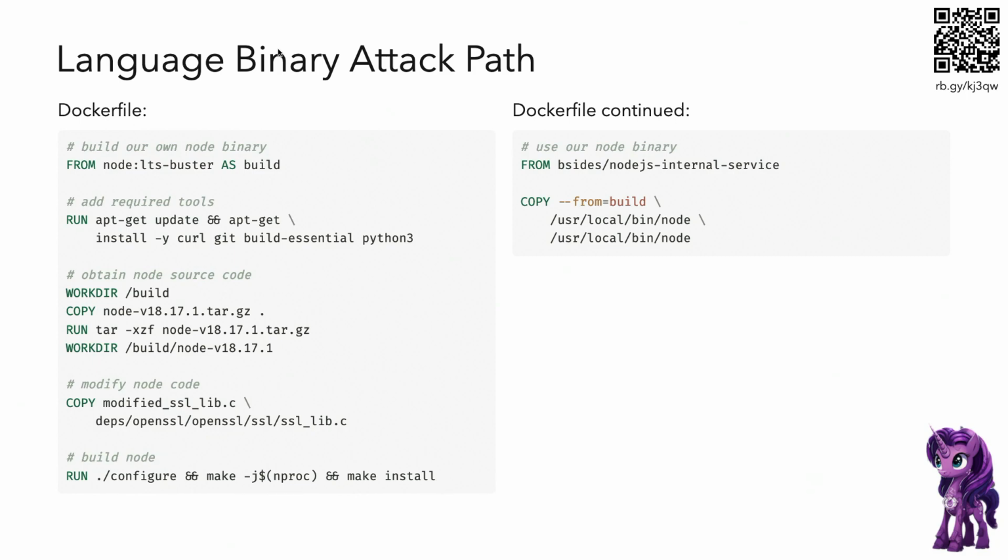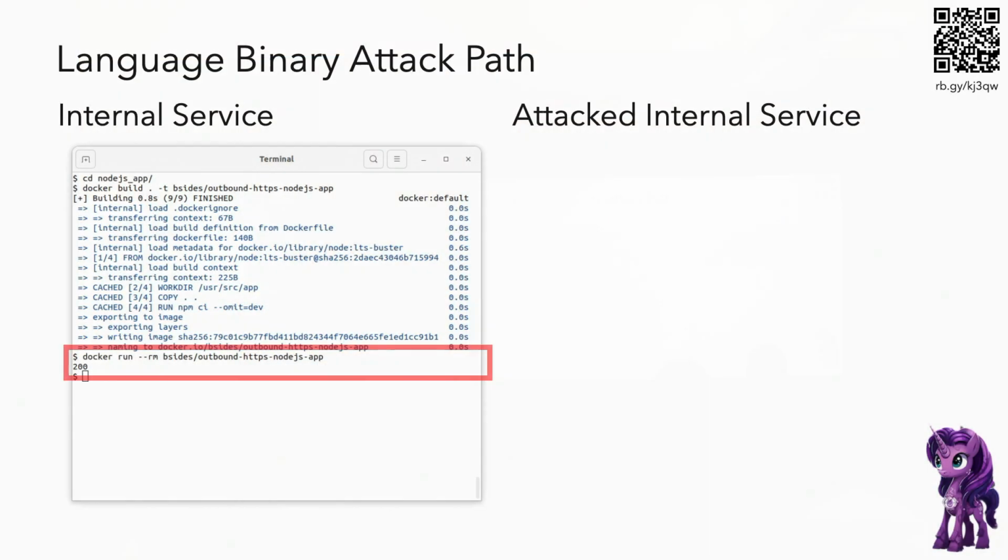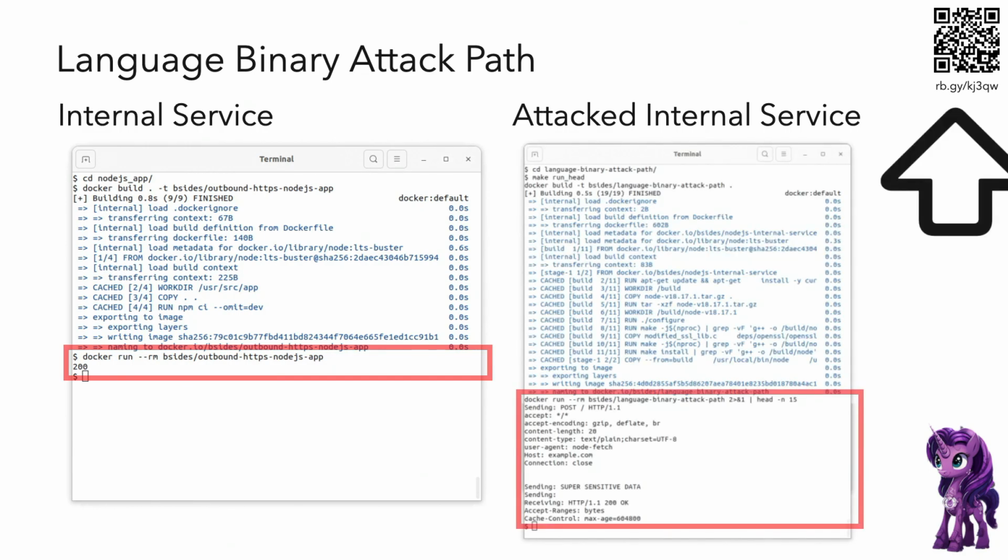And then, oh, right, I did this awesome Docker thing where you can say, from this as build. So this whole Docker image has all the gubbins to get it built. And then I can just take this internal service in Node, and copy this one file from this build Docker over there. That makes reproduction really, really nice. And again, people at the back, you've got to trust me, this just works. See, look, small amount of output, a large amount of output.